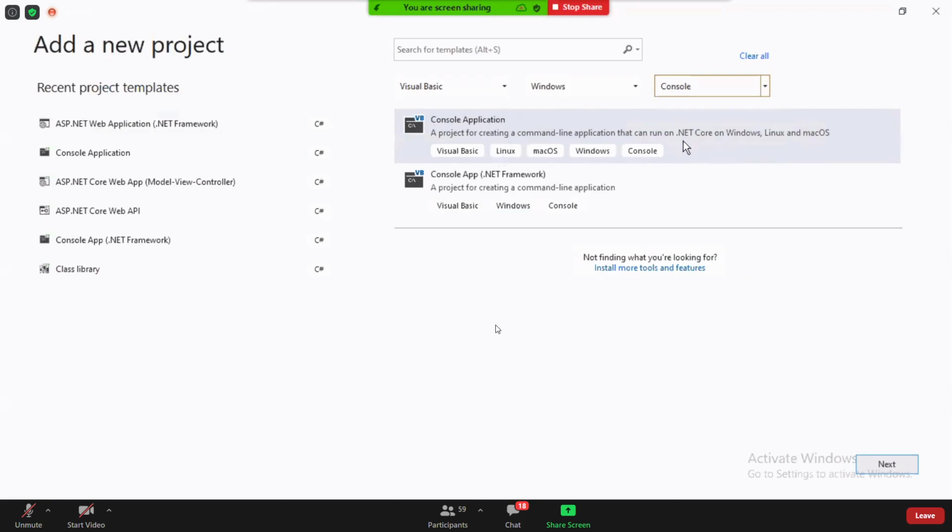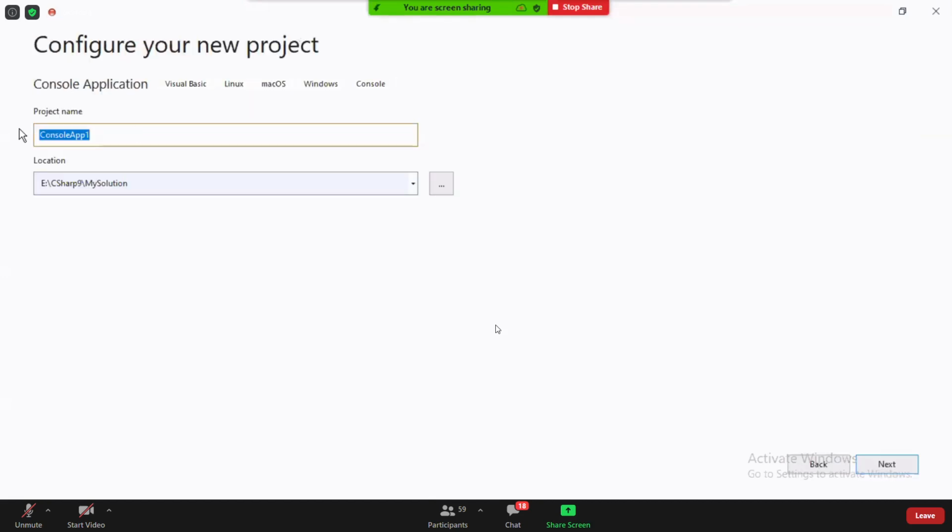You see now console application Visual Basic project, .NET Core only. Okay, so it's a VB project. So here I'm naming the project as Access Demo 3.